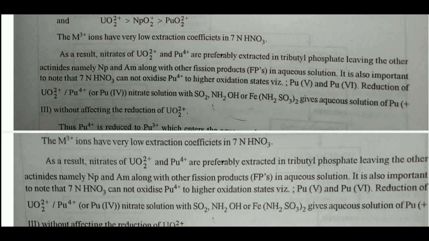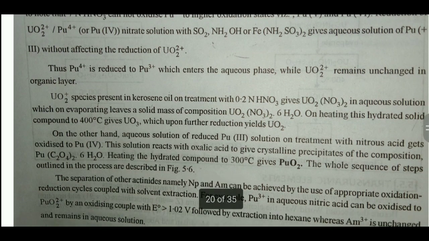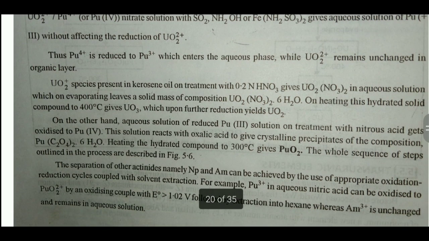Reduction of Pu4+, the Pu in fourth oxidation state, in Pu(NO3)4 solution with SO2, NH2OH or Fe(NH2SO3)2 gives aqueous solution of Pu3+ without affecting the reduction of UO2 2+. Thus, Pu4+ is reduced to Pu3+, which enters the aqueous phase, while UO2 2+ remains unchanged in the organic layer. UO2 2+ species present in kerosene oil on treatment with 0.2N HNO3 gives UO2(NO3)2 in aqueous solution,